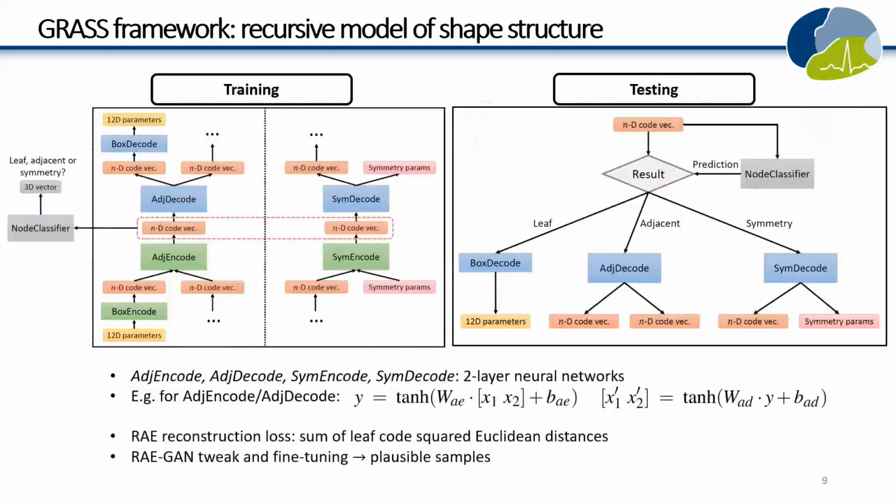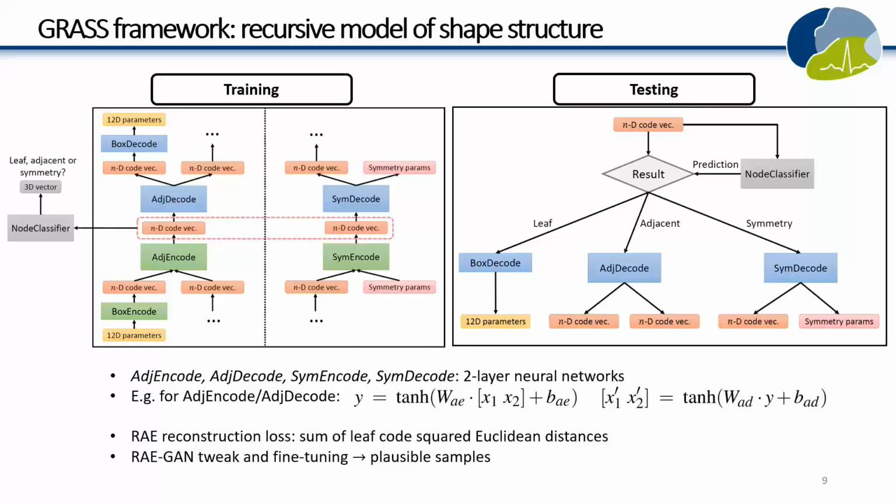This summarizes the architecture. You can focus maybe on the left side at first, which describes the training. So again, the idea is you have these oriented bounding boxes, which are represented by 12 parameters. So let's say the height, the width, I don't know, the orientation in space. Which is encoded into an n-dimensional vector, and then recursively you're going to merge these n-dimensional vectors using either an